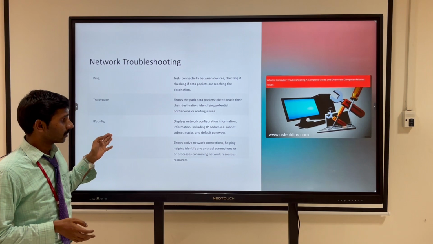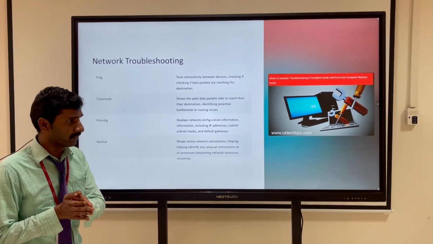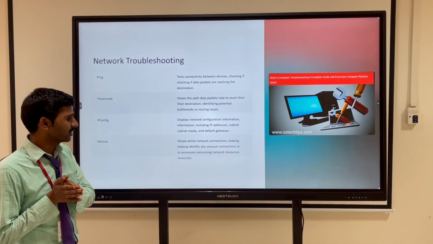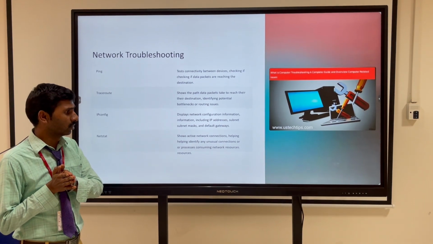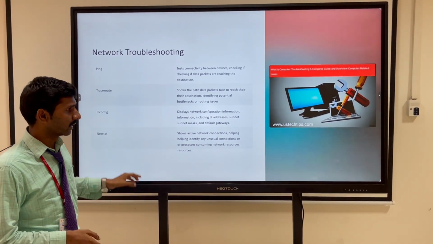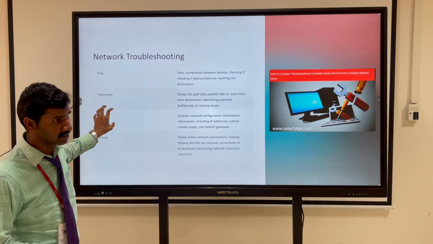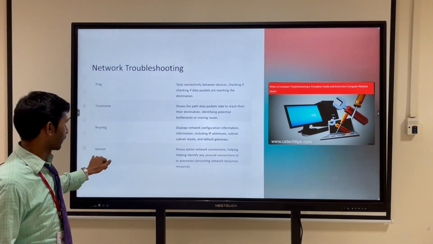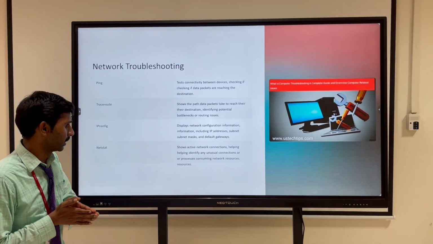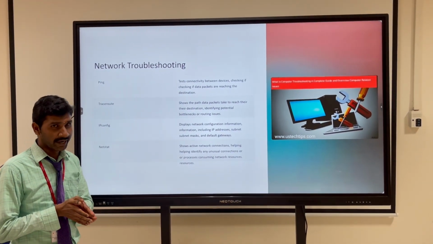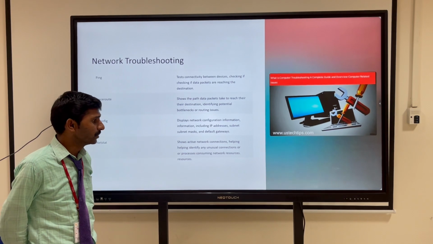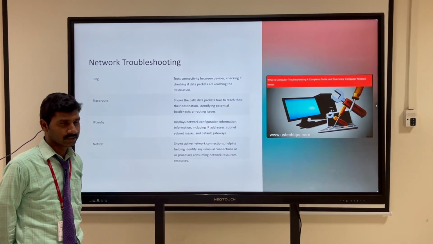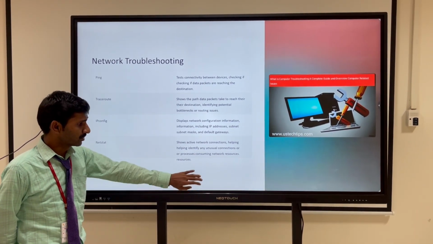IP configuration. It displays the IP configuration, IP address and subnet mask value to the user. It holds the IP values and IP address numbers in the system. Netstat. It shows the network connections, helping identify any unusual connection or process consuming network